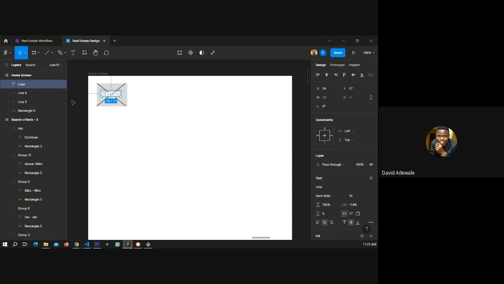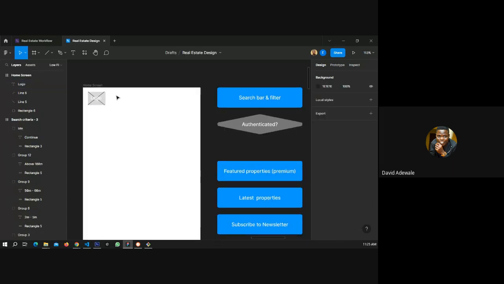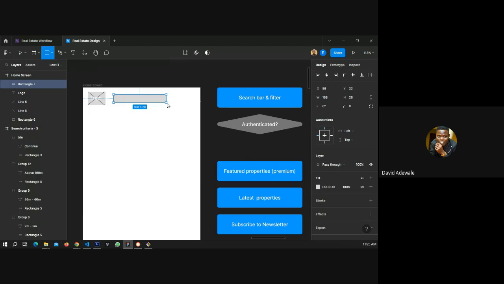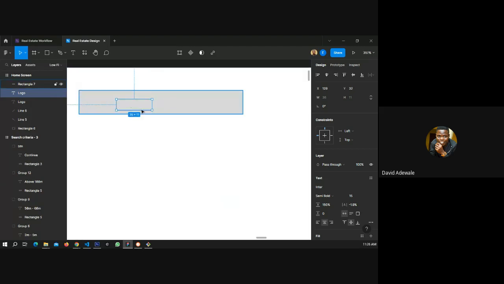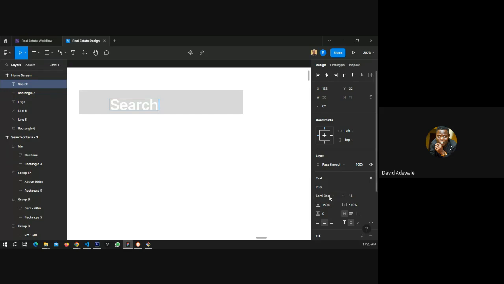Then I'll put a search field here. It's going to have a text inside it called search. So it's hidden, I can pick it up and call it search. Regular, smaller.